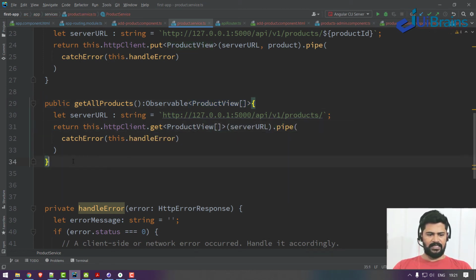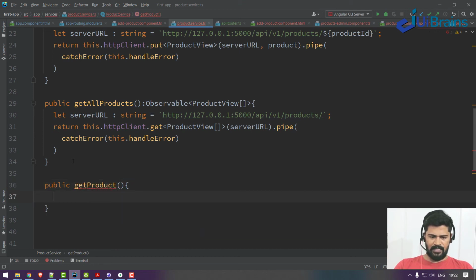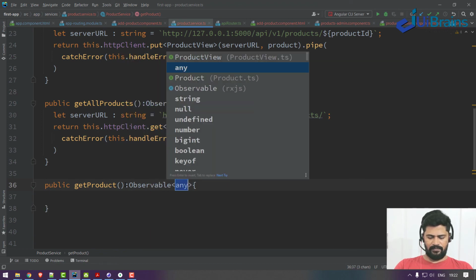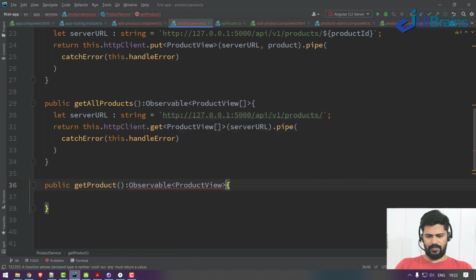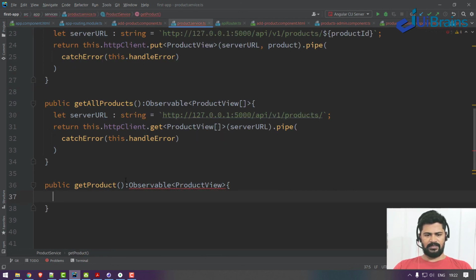Okay, that's fine. And one more function, that is public getProduct, to get a single product. So it will return an observable of ProductView, and again the server URL for a single product is this one. So I say let serverURL of type string is equal to backtick.